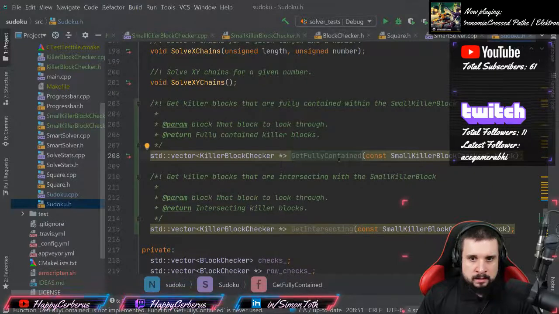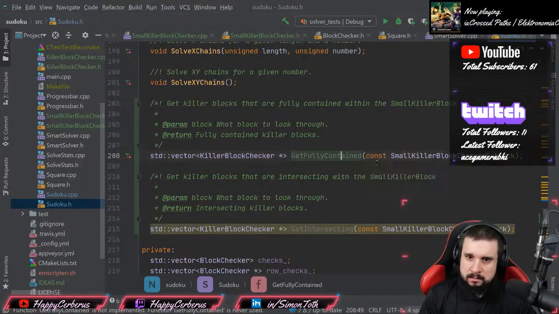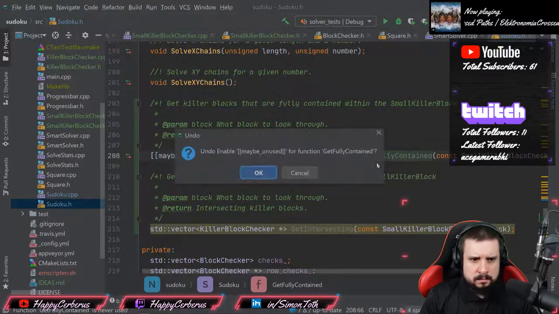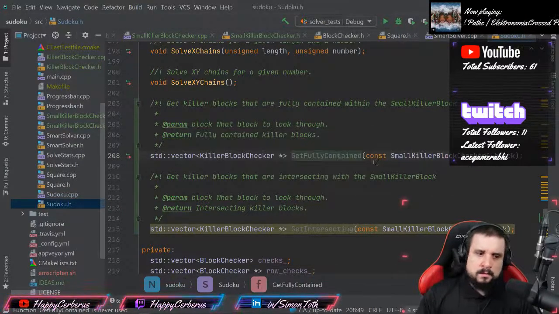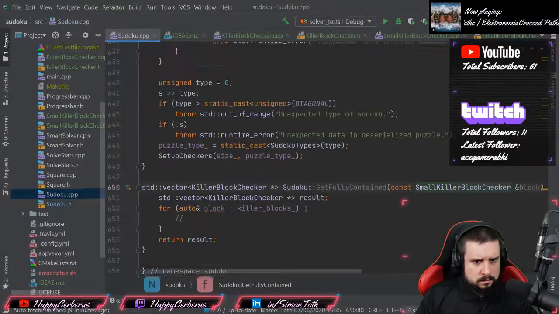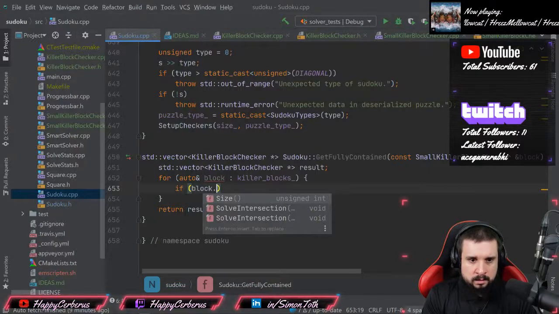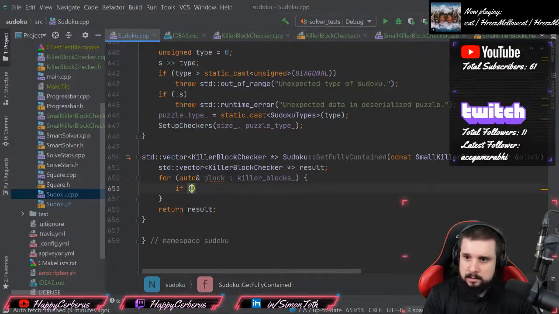Over here. Right, okay, then now I can write these functions. Get fully contained. Right, so we go over the killer blocks, and if block, the other way around. So if